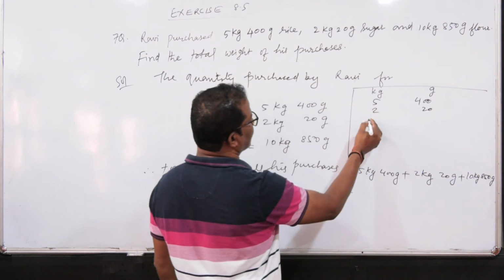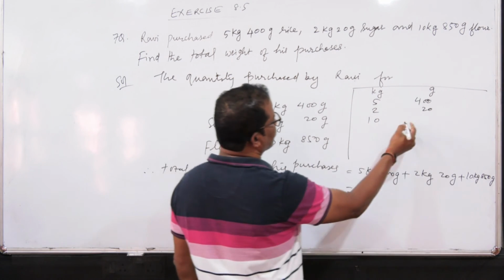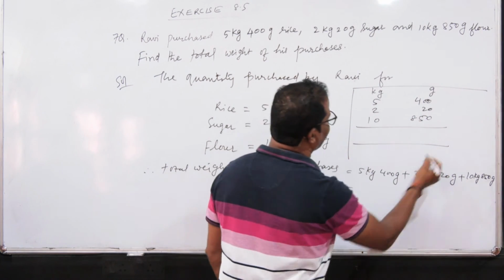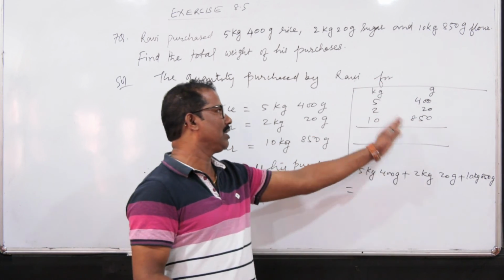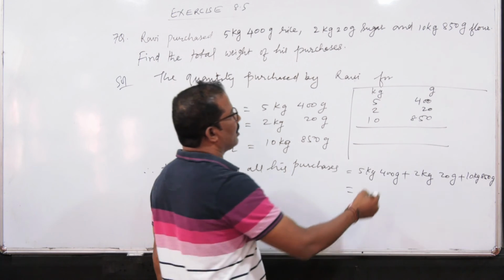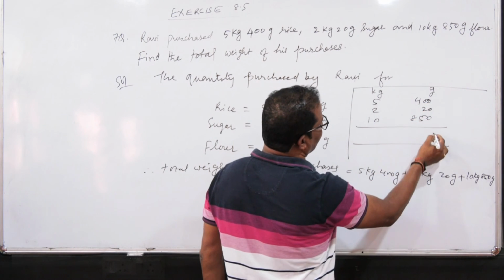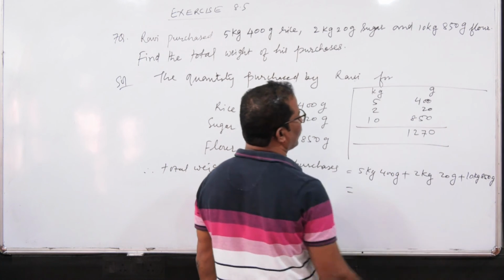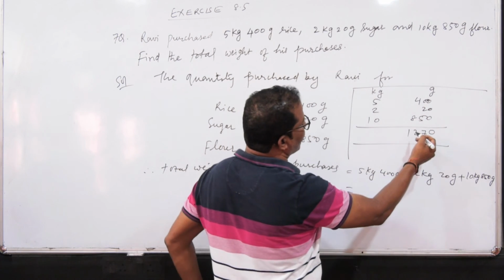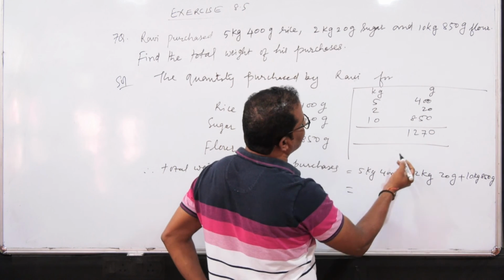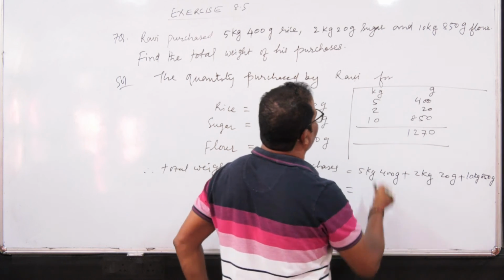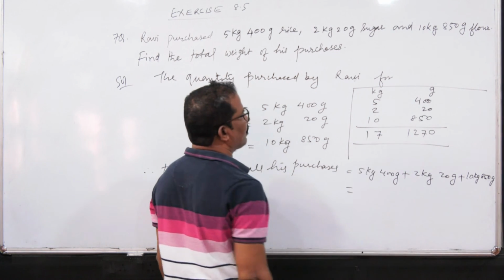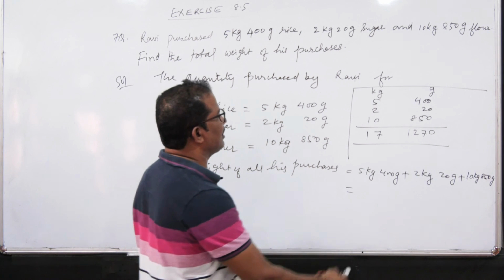And for flour it is 10 kg, and in grams 850. When we add, we add grams and kgs separately. Here all zeros, and here 7, and here 12. That means total grams quantity is 1270. And here kgs, it is 7, and here 1. That is 17 kgs and